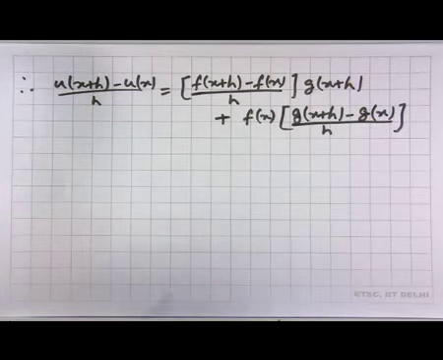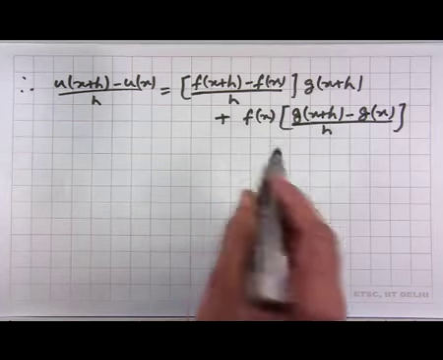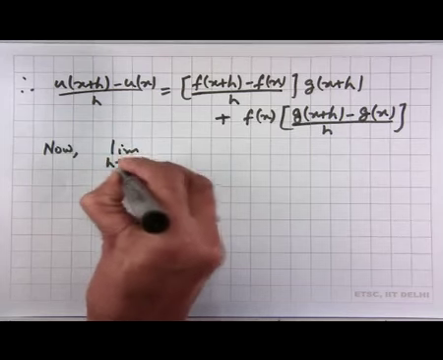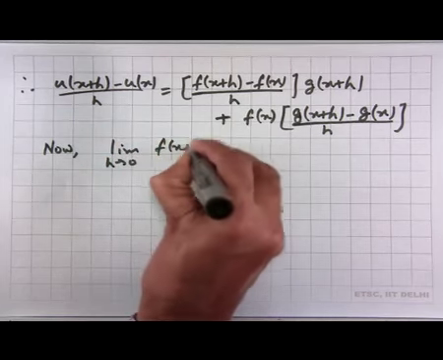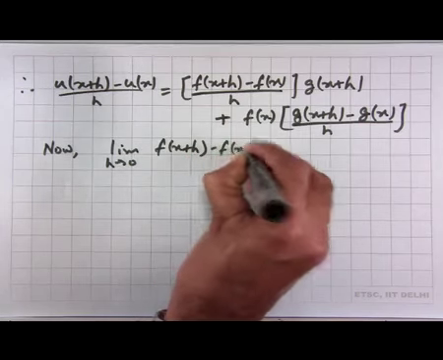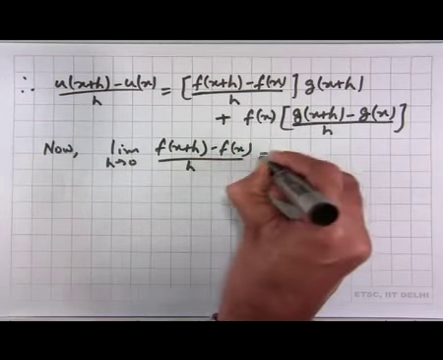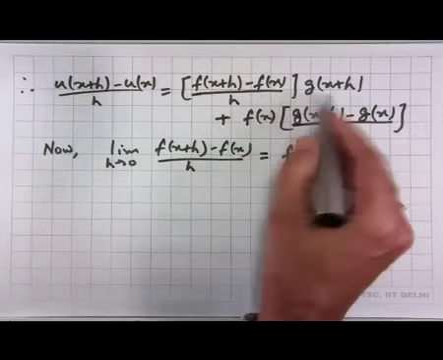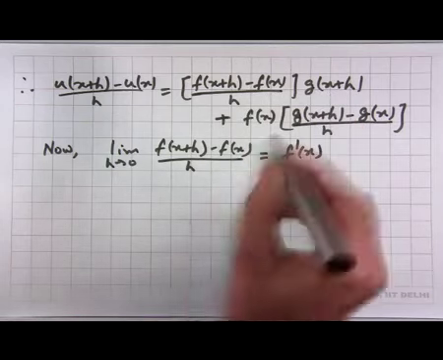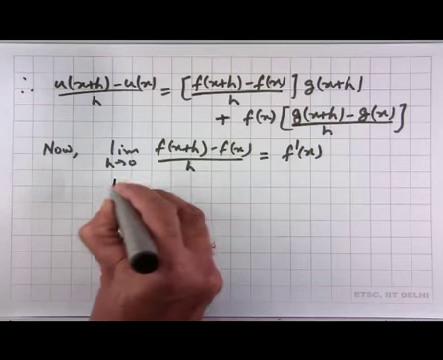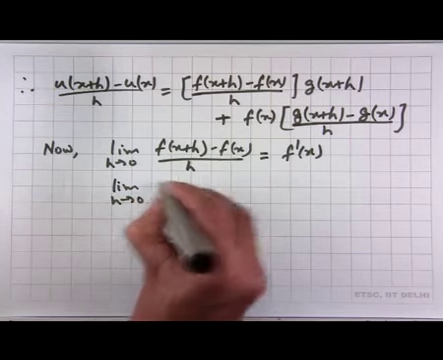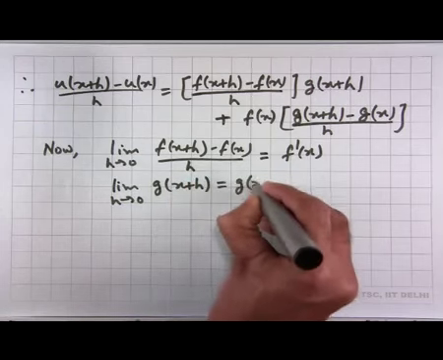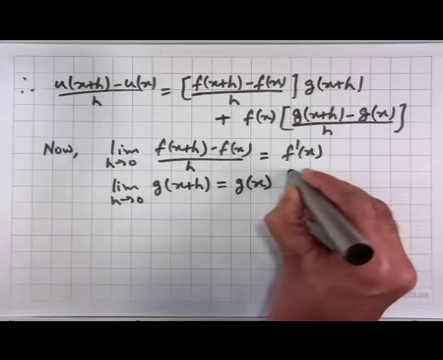Now, if we look at the two terms on the right hand side, the limit as h goes to 0 of f of x plus h minus f of x divided by h, this we know is equal to f prime x, because f is differentiable at x. What about the second term in this product? Limit of h going to 0 of g of x plus h, this is simply equal to g of x. Why? This is because